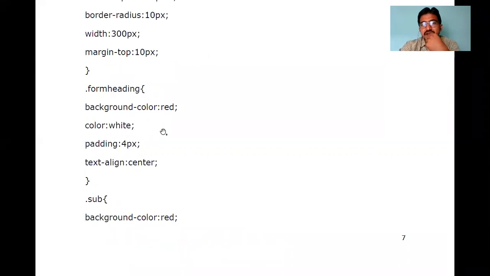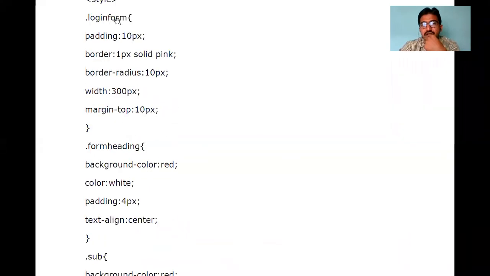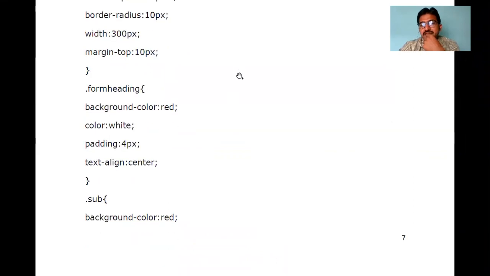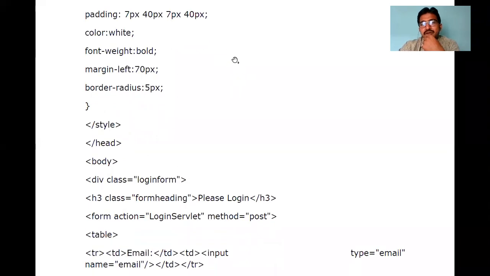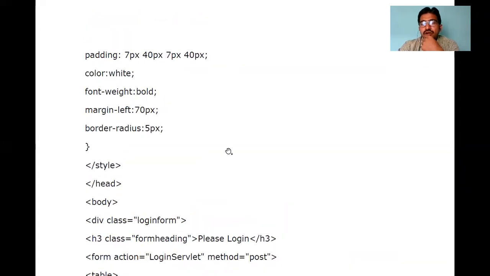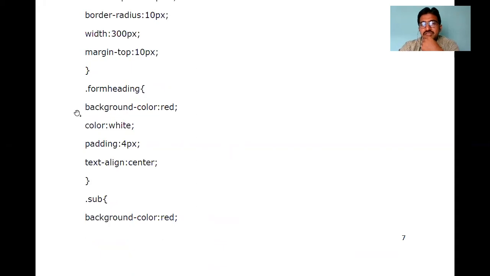So how many classes have we used in this style? The first class is login form, the second is form heading, and the third is sub. So these are the 3 classes. You can use any number of classes, depending on your requirement. You can use only 1 class or 2 classes, or instead of classes, you can use the style attribute: style equal to, in double quotation marks, mention whatever you require in that same element.